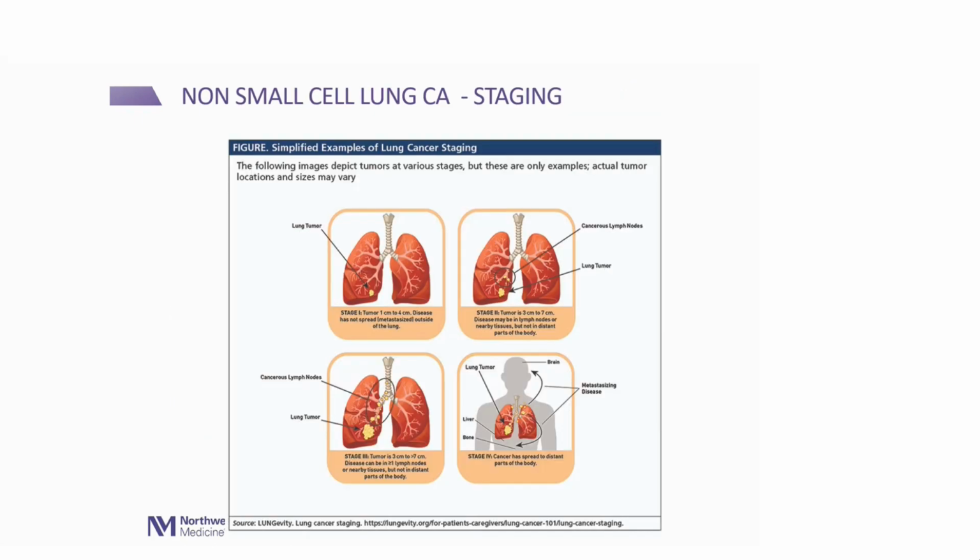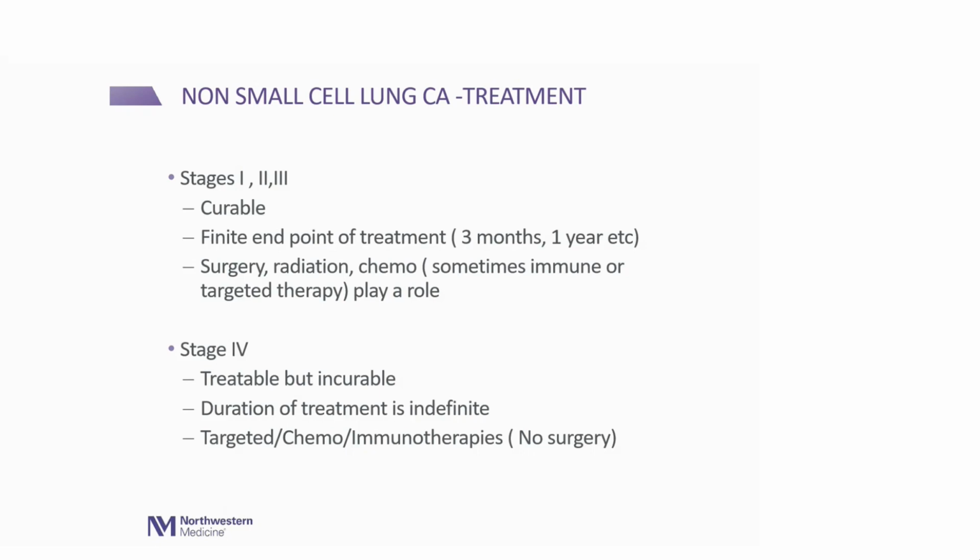Once again, I want to bring your attention to the staging slide because in my next few slides, I'm going to talk about treatment stage-wise, very briefly. I'm not getting into any details. That's why I wanted to coin this talk as lung cancer, the basics, just to give you some concepts as to how we treat, to give you the rationale of why we use those treatments. So stage 1, just the lung, stage 2 and 3, lymph nodes, stage 4, elsewhere. So how do we treat these different stages?